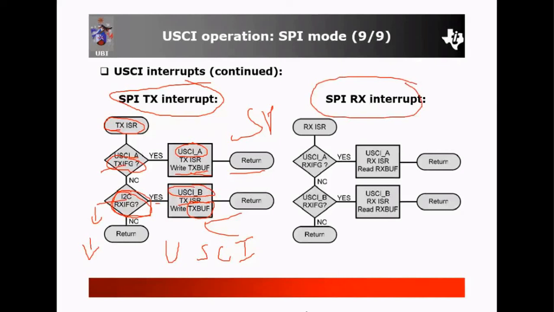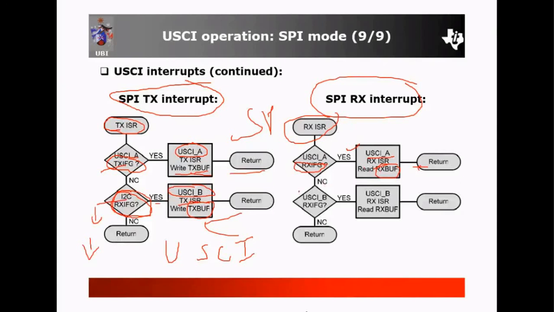Now the same for the SPI RX interrupts, which is used for the receiver end. The RX interrupt service routine is executed, and the RXIFG flag is generated. If it is generated, then in the USCI A RX ISR, read the RX buffer and return.